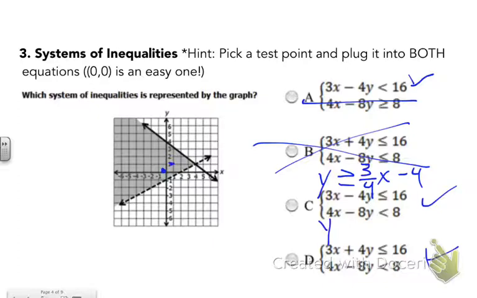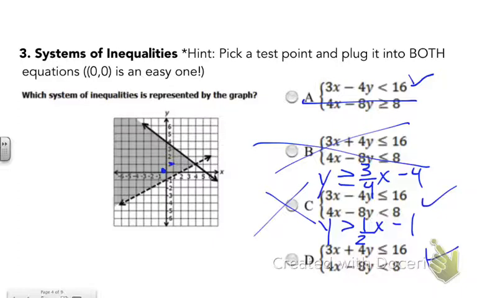And y is greater than, because don't forget you have to flip it if you divide by a negative. So minus 4x divided by -8 becomes positive 1/2 x minus 1. So y is greater than or equal to 3/4. So that one is not going to work, because they would both have to be positive lines, and notice